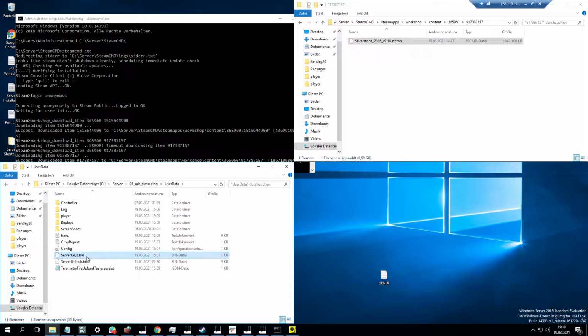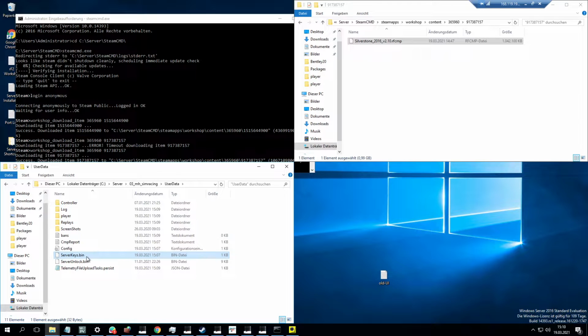And this is the moment where rFactor 2 verifies that you got the paid content. So let's say, two paid DLCs would be the Ferrari 488 around Le Mans. If you want to run that combination, you need to own it yourself. And in order to create the server